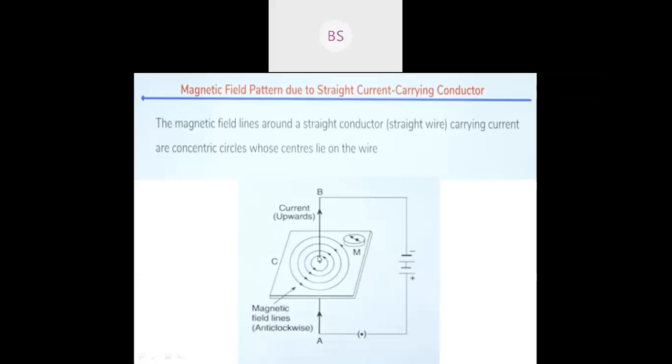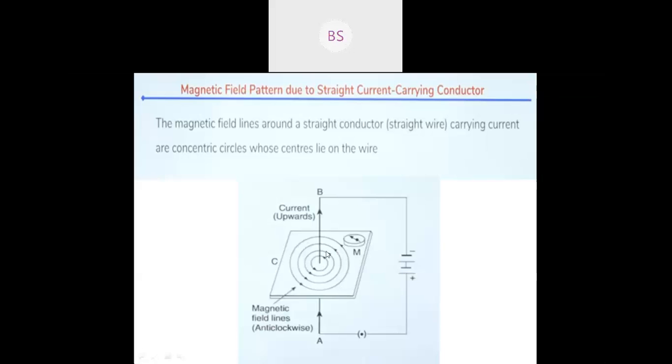It is observed that iron filings get arranged along the concentric circle. You know the meaning of concentric circle. What is the meaning of concentric circle? Can you explain to me? Why is it mentioned? Concentric circles have the same center, the same center and many circles. So it is mentioned as concentric circle. Correct. Good. So you can find here the iron filings arrange themselves along the concentric circle around the wire.